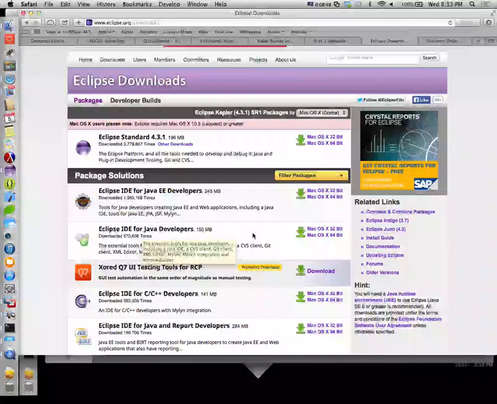And once you get it, it's actually a self-contained program. So whether you're on a Mac or a PC, it'll just be in a folder. You can just drop it wherever you want it. Just wherever you can remember to get it. You can even leave it on your desktop if you want. So then when you open up Eclipse,